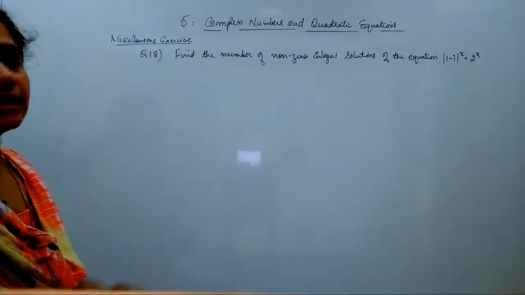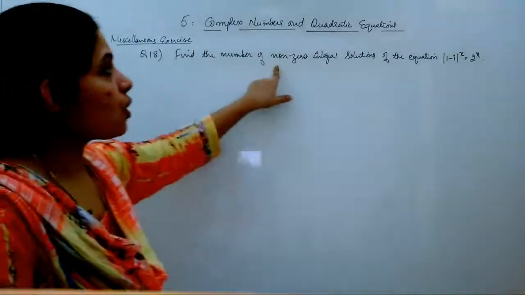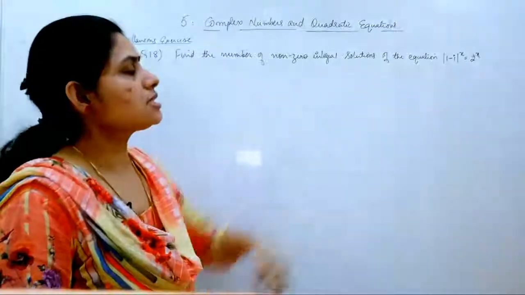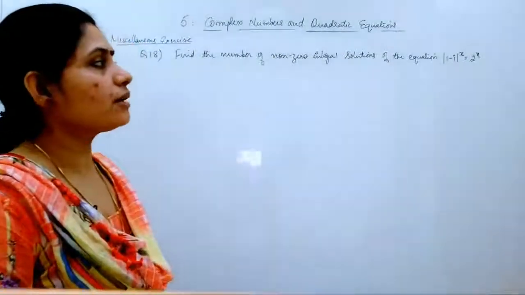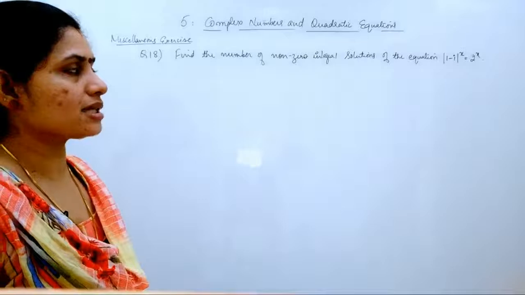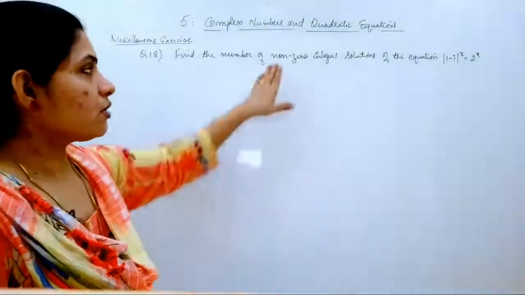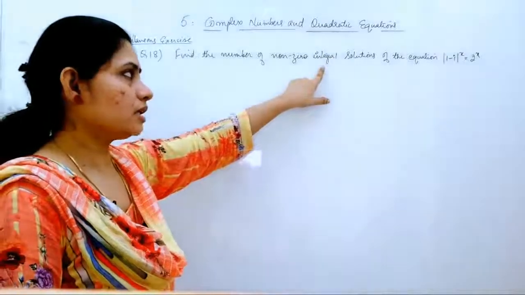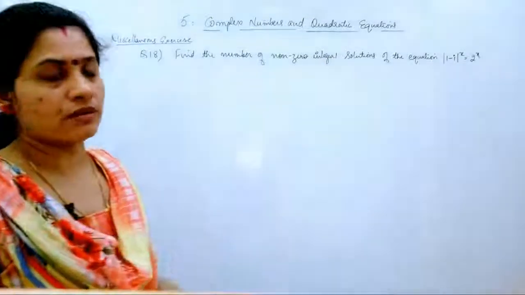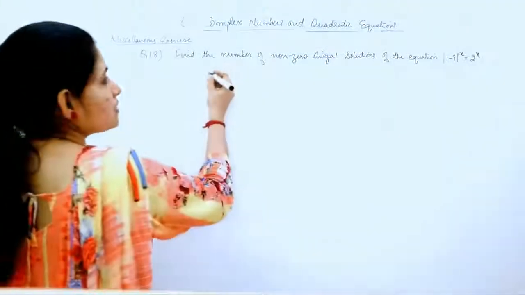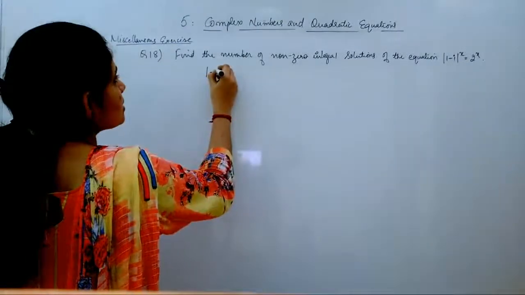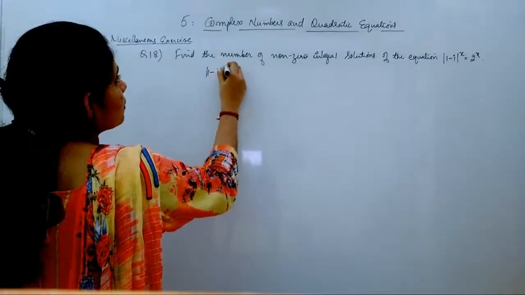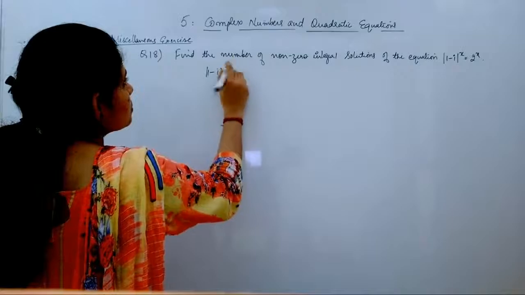Question number 18 is, find the number of non-zero integral solutions of the equation mod of 1 minus i, the whole raised to x, is equal to 2 raised to x. Non-zero integral solution means except 0, if you have any integral solution, that you have to find out. So first we will start with 1 minus i the whole raised to x is equal to 2